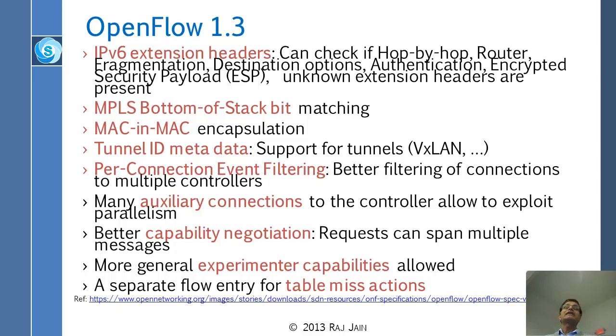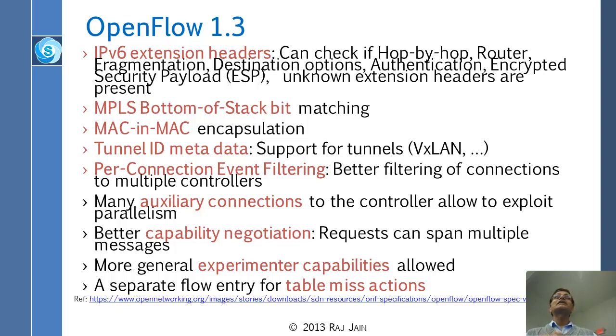Per connection event handling means that now they will tell, okay, if this happens, please tell controller number 1. If this happens, please tell controller number 2. The controller will say, please tell me about all these events: if link goes down, if this happens, packet overflow, buffer overflow. Any trouble you get into, you know which controllers to tell it to. You may have to tell it to more than one controller. So there is per connection event handling.